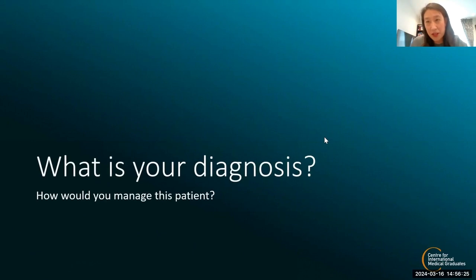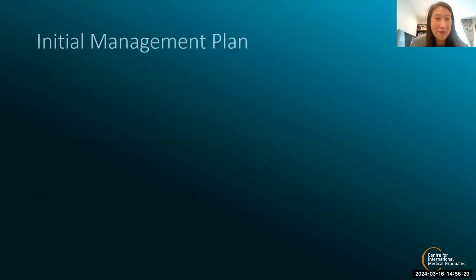So, I mean, the diagnosis is PE. This is a PE presentation, so I'll just move on. In terms of management, what would you do if you saw this patient and those were your examination findings, that's your X-ray, and your ECG showed S1, Q3, T3, and you suspect a PE? So what would you do next?